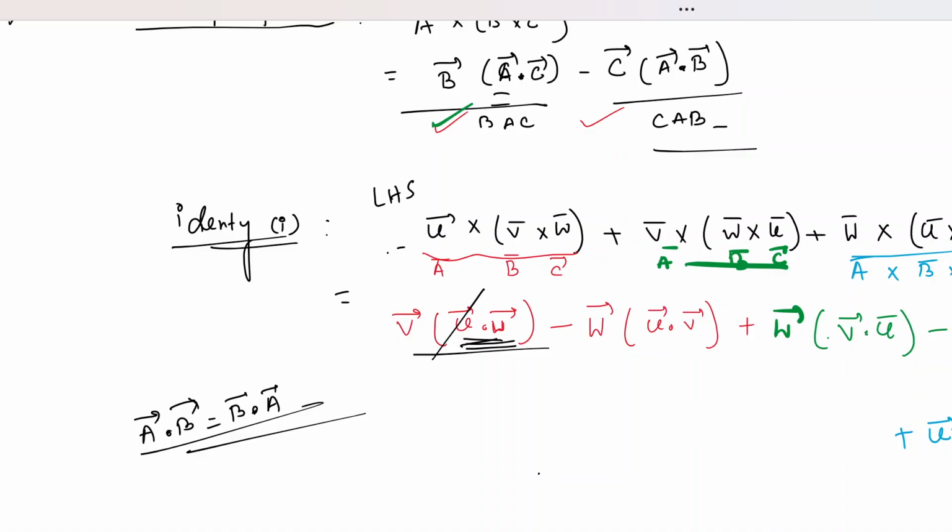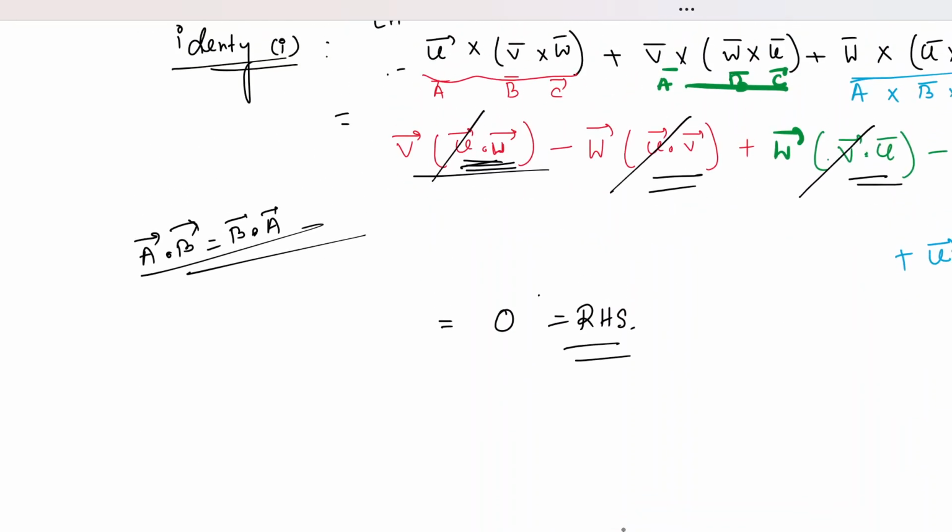By following the exact same thing, you will see that this term and this term are also the same, so these are also cancelling out. And this term and this term are also the same, and hence cancelling out. And you see that very easily you get your right hand side to be 0, just like the mention in the option, right? So that is how this becomes a vector identity, a very important one. Say I denote this as one, number A. This is a vector identity rule.